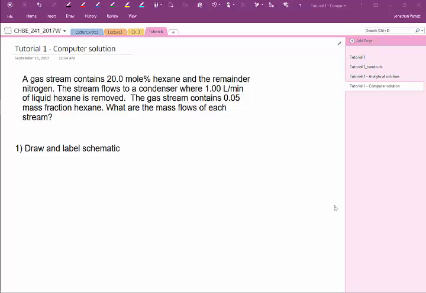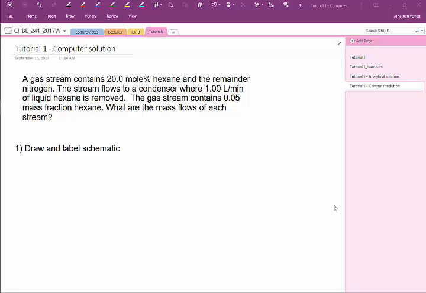So I'm going to go over the same problem as we saw in the tutorial, and this time I'm going to use a computer to solve it. Here we have a gas stream containing 20 mole percent hexane, and the remainder is nitrogen. The stream's flowing into a condenser where we remove a certain amount of hexane, and then the gas stream comes out and it contains a different mass fraction of hexane,